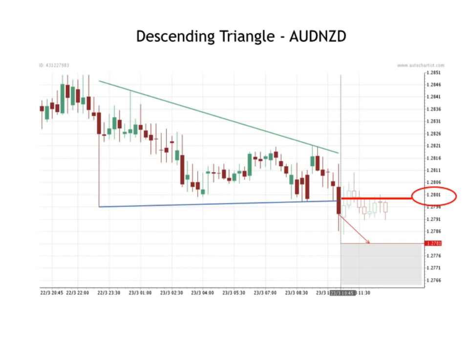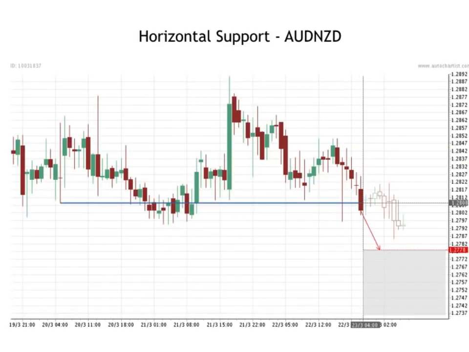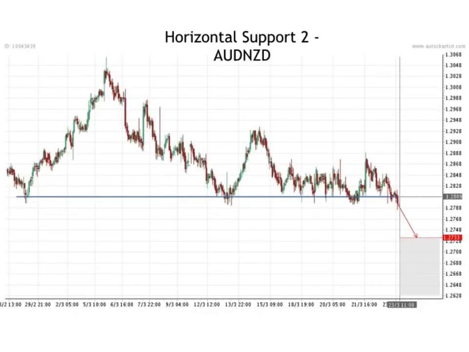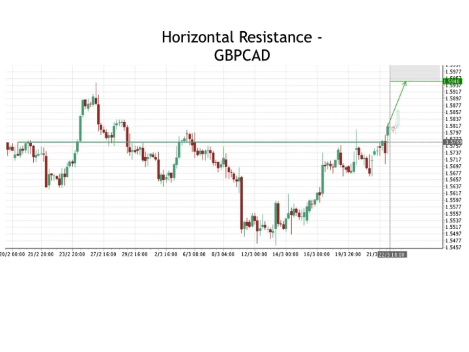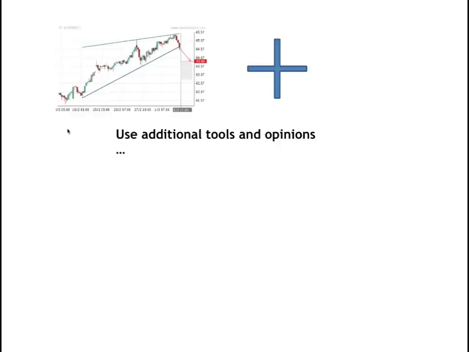Its support level is relatively close to a much larger horizontal support level that confirms it, and another even larger scale support level, so you have confirmation on various timeframes by different types of patterns. Here's another great example where you find an ascending triangle that is confirmed by a greater resistance level on the GBP-CAD currency pair. Although our key levels have a very high accuracy rate, most often more than 70% of the